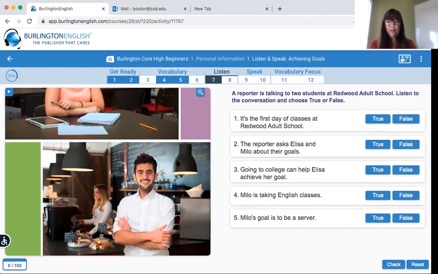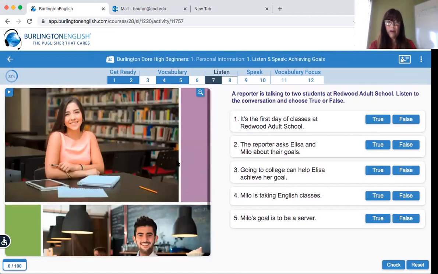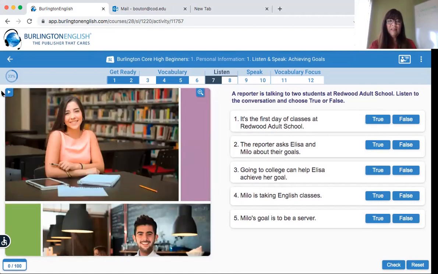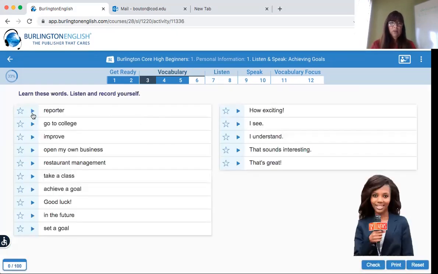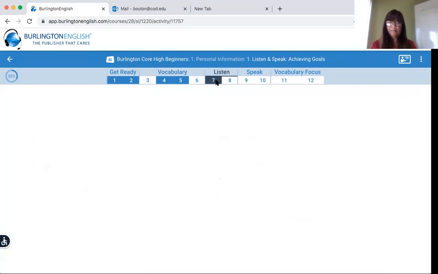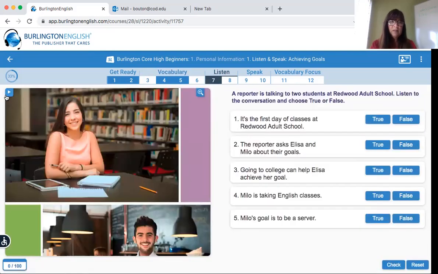Okay. So now this is listen. And again, here you can scroll to see the pictures. Okay. So you see this little arrow right here in the top left of the picture. Here's this girl and here's an arrow. So just like when you looked at the vocabulary lesson and there was the arrow that you clicked on. So you see there's an arrow right there. So for this listening, see the arrow. You click.